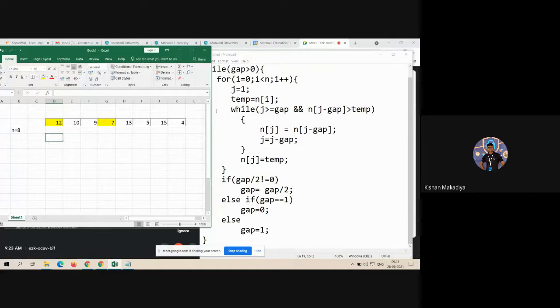Initially, starting here, while gap is greater than 0, let's take gap equal to 3.